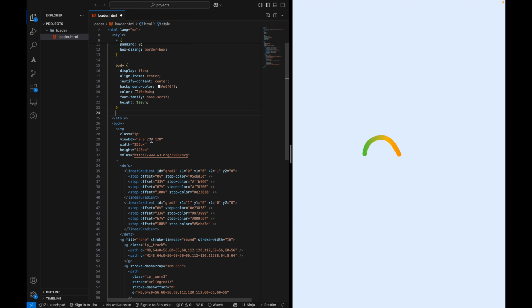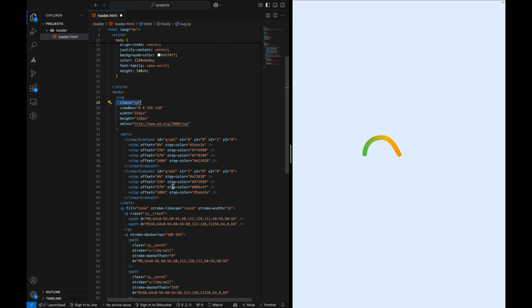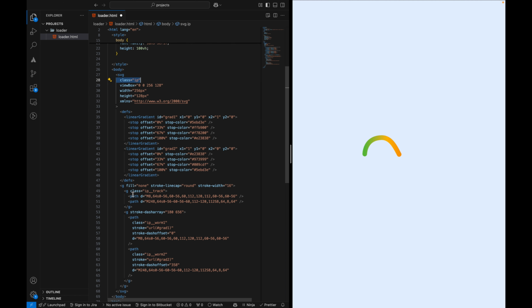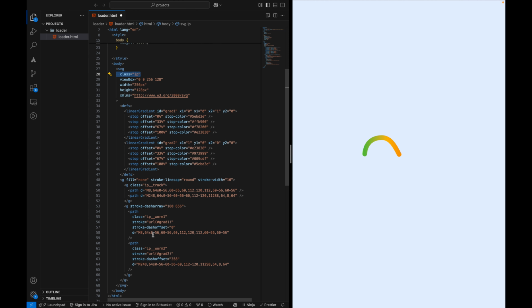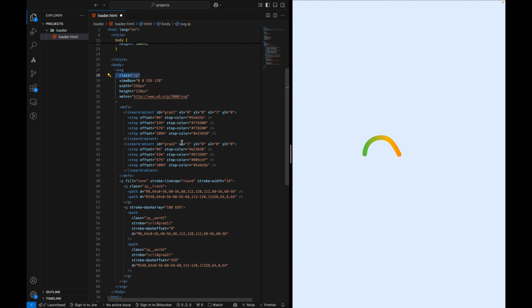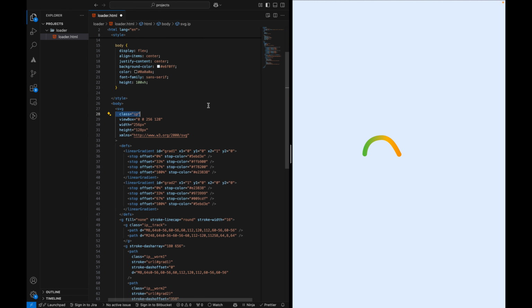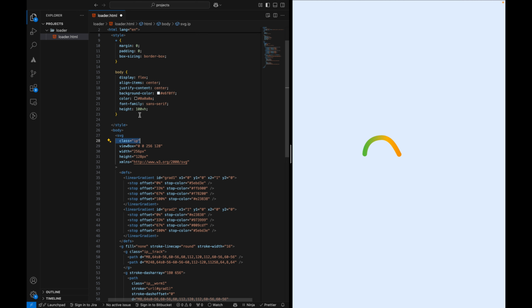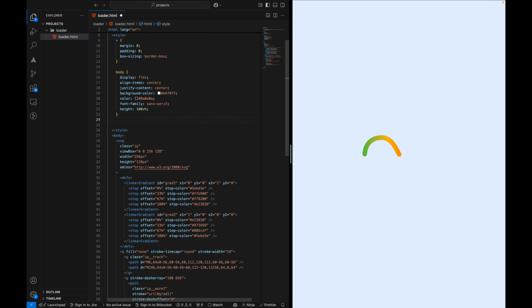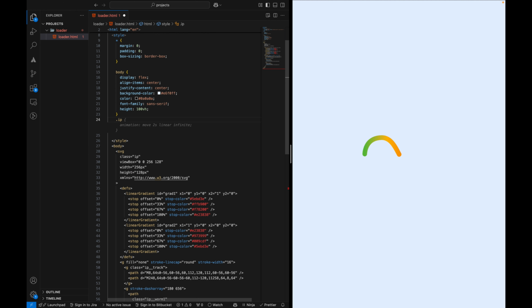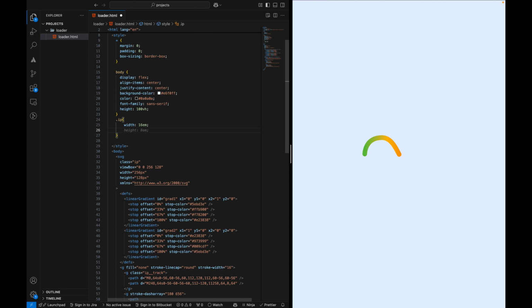For adding animation to this SVG, I already added some classes like class ip, here class ip track, and this ID grade 1, grade 2 to add some animation here. So first of all I will add some styles to the ip class, like width 16em, height 8em,